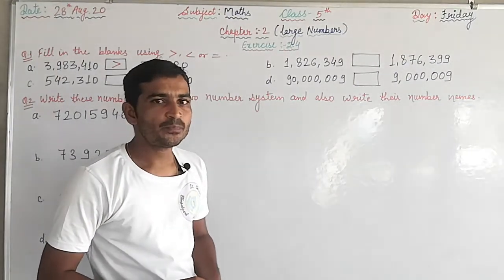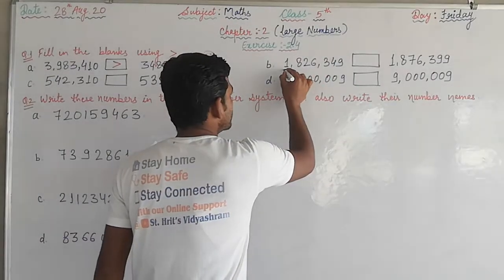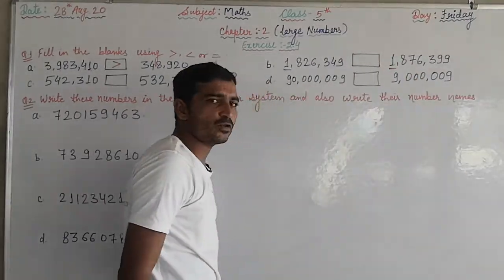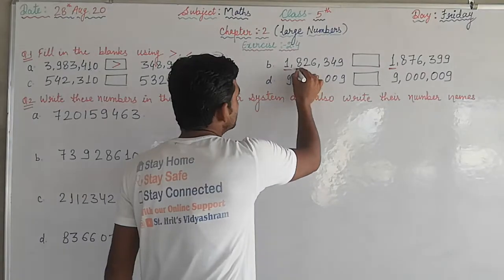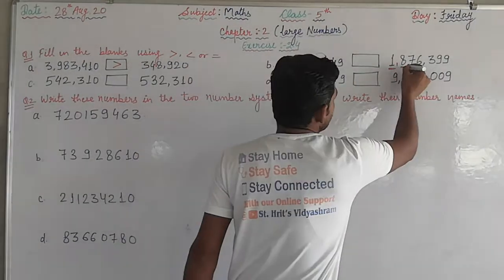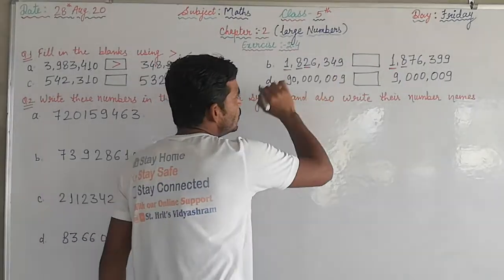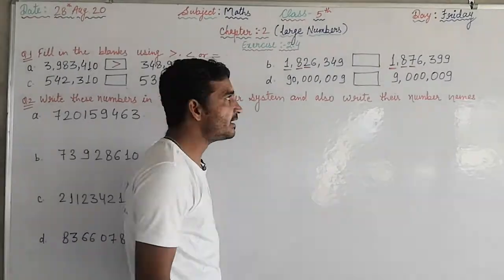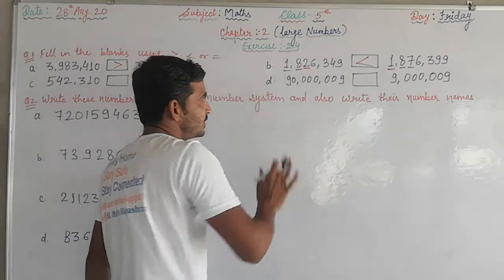Then what you have to do? Now you compare the last place digit, that is 1, and here it is also 1. The last place digit is also equal. Then the next comparison is on the basis of the second last digit; here it is 8 and here it's also 8. Then the next, third one: here it's 2 and here it is 7. Which one is greater, 7 or 2?